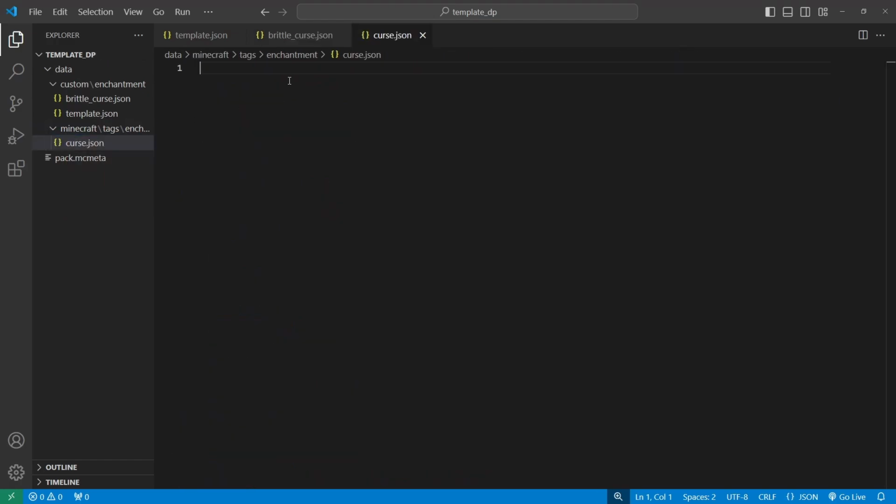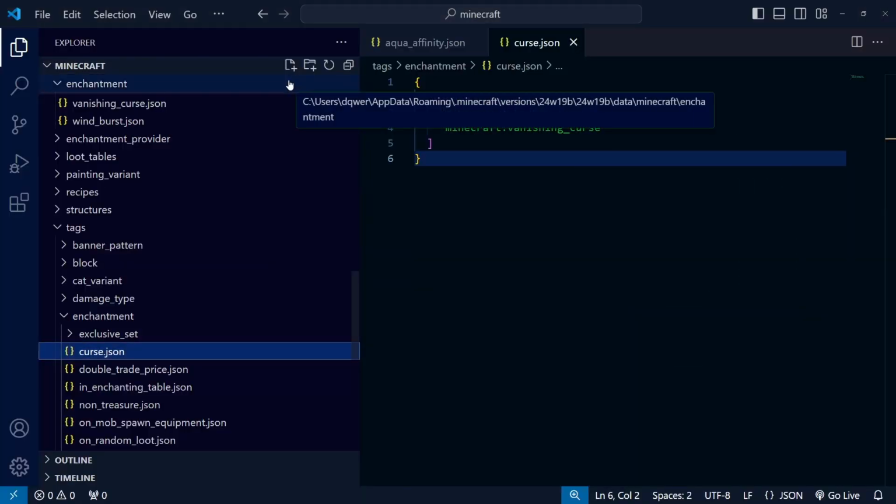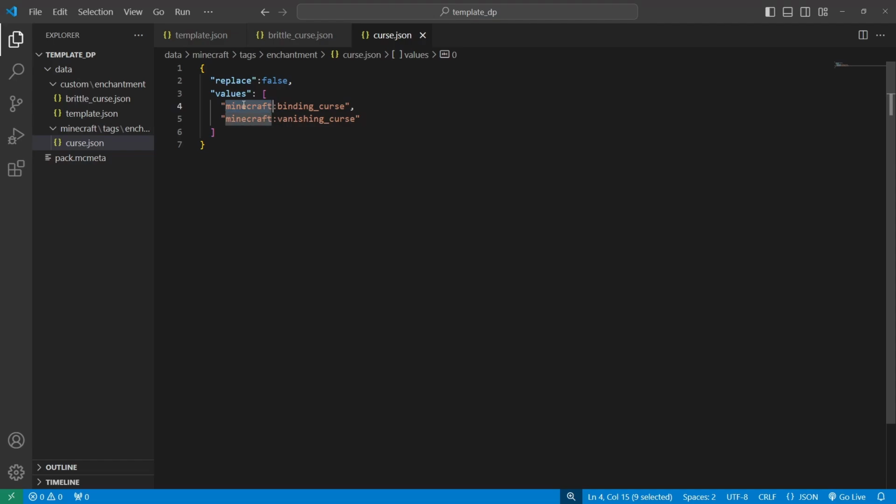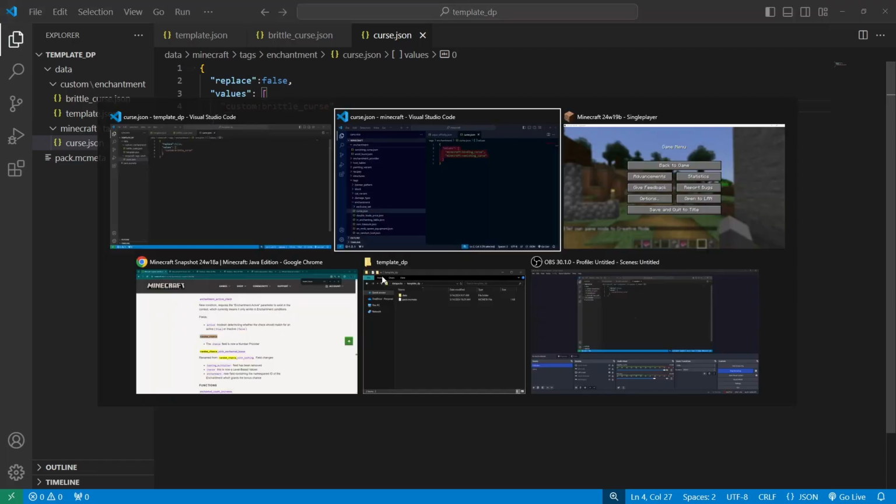curse.json. So when you are editing vanilla data, what you want to do pretty much always, unless you are intentionally completely overwriting something, is you set this repeat or replace to false. So this will make sure that whatever you add is just appended to existing values, that it doesn't replace existing values. And we're going to, under values, just add our custom brittle curse. We can get rid of that. So that controls looking like a curse,